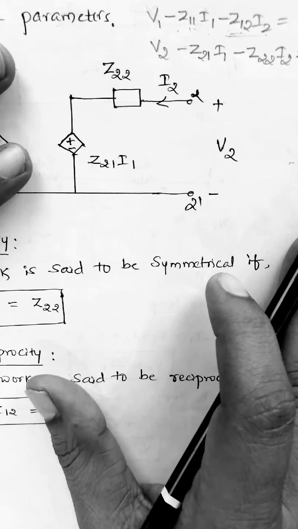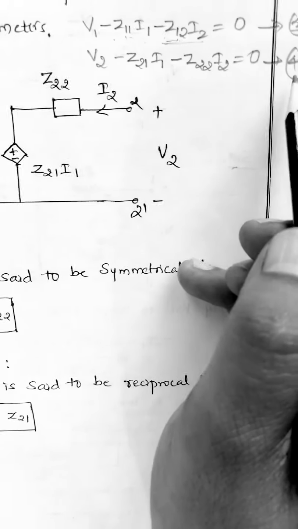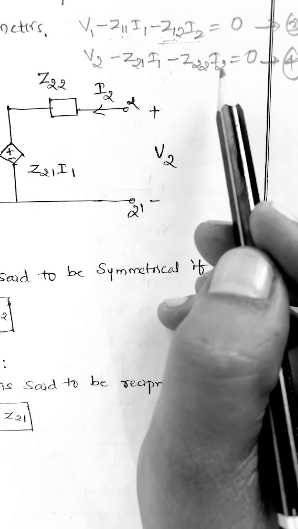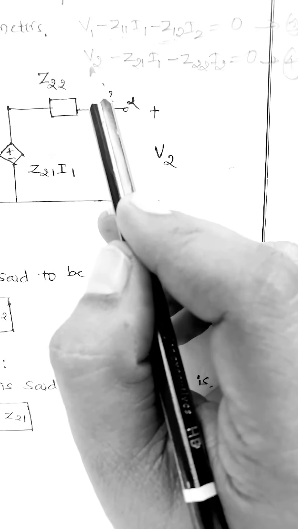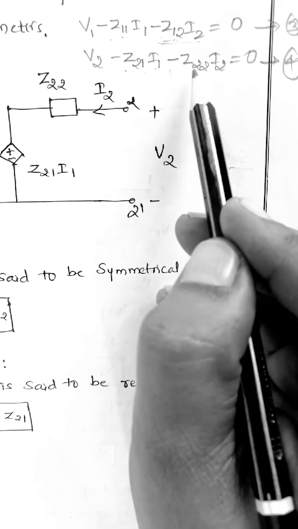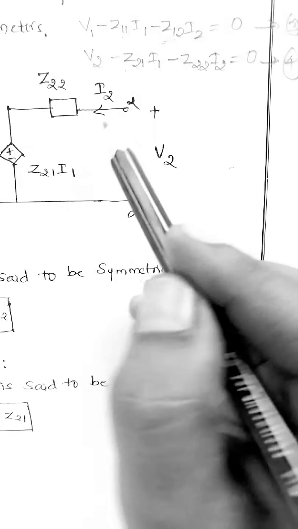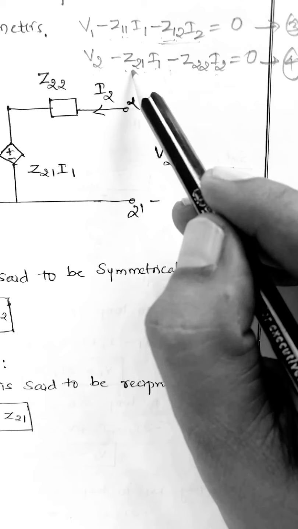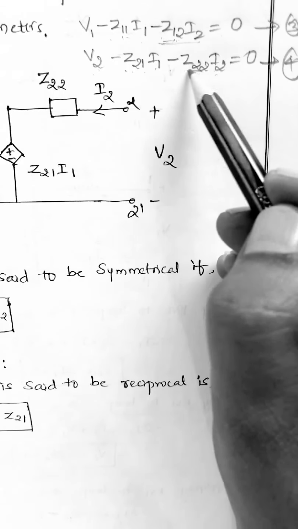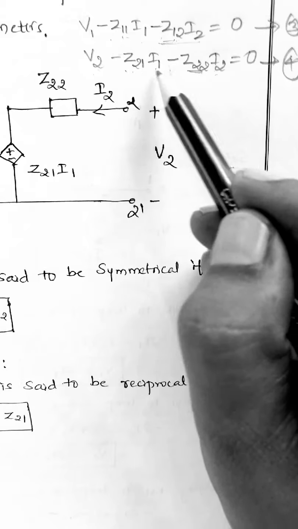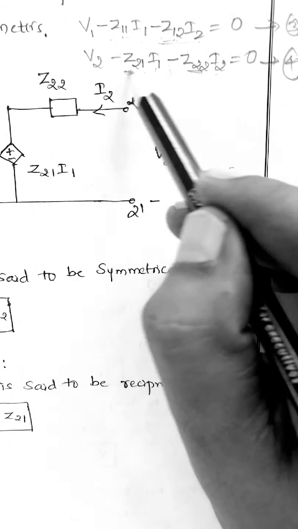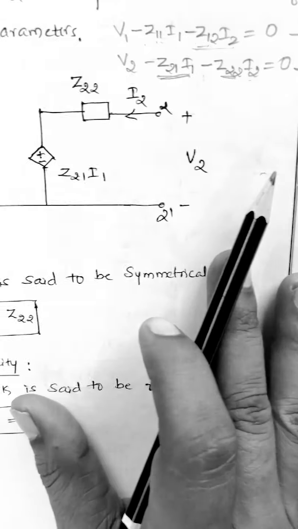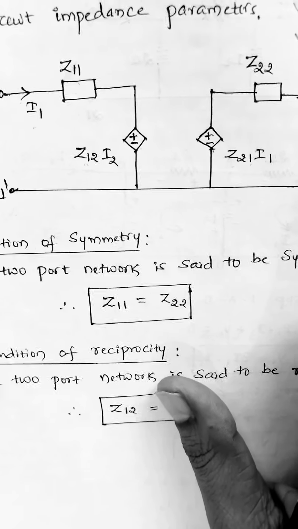Similarly, coming to port 2, the output port side, from equation 4, rewriting equation 2, let us take the RHS terms of equation 2 to the left side. We get V2 minus Z21 I1 minus Z22 multiplied by I2 equal to 0. See here, this is port 2, the output port side. Current I2 is present, and the parameter Z22 is present. There is no current I1 term, so this acts as a dependent source, Z21 multiplied by I1. This is the equivalent network of a two-port network in terms of Z parameters.